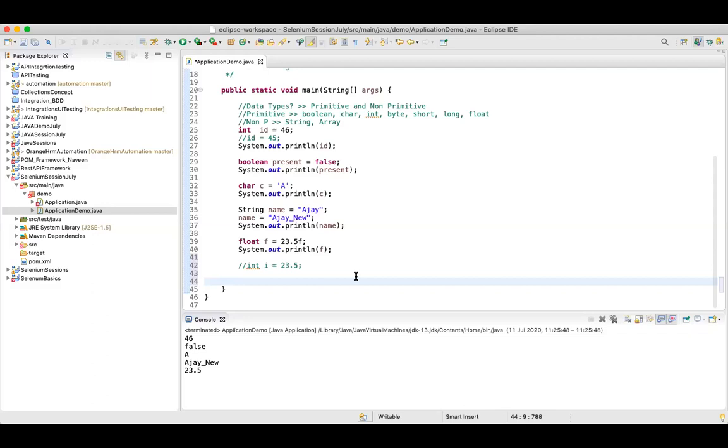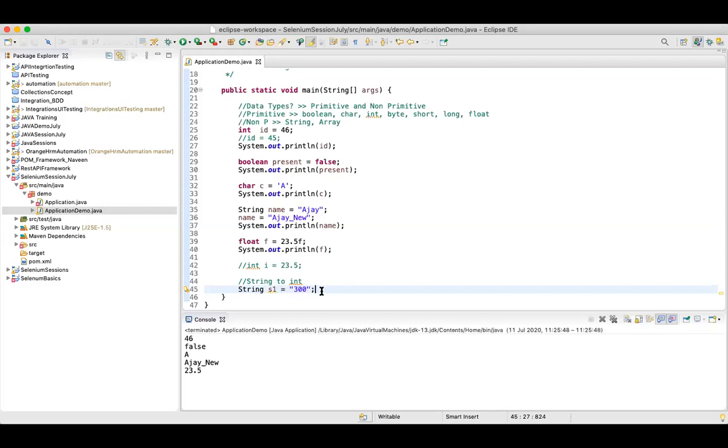You should be aware of at least how to convert. So let's say you want to convert from string to integer. I'll write here: string to integer. I'll define a string s1 equal to 300. Also make sure that whenever you are trying to convert, the value should not be lost.